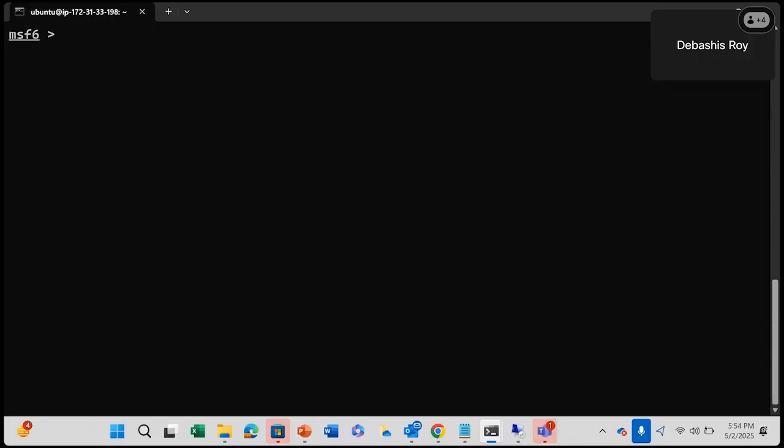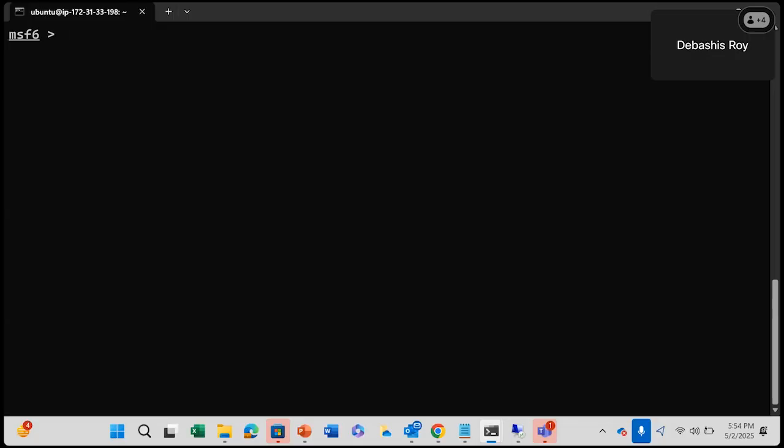Now, once you are in the Metasploit framework, I can launch a check on that particular vulnerable system and see, without using nmap, what are the ports that are open and vulnerable there.